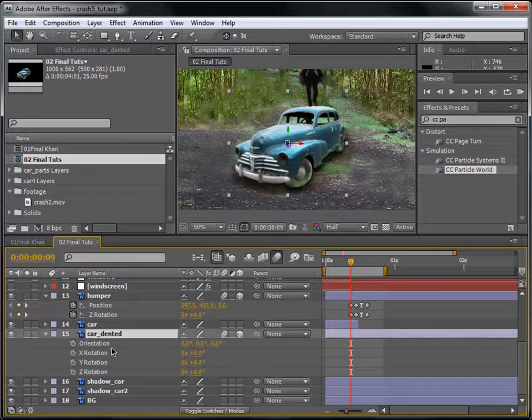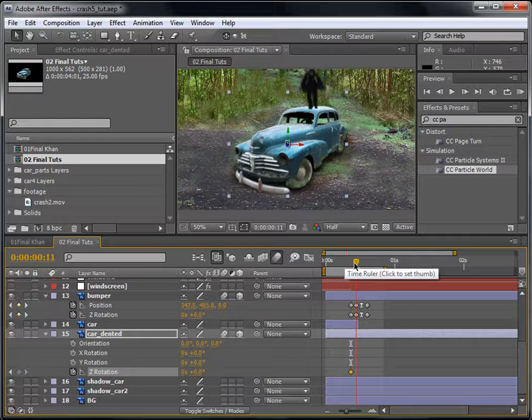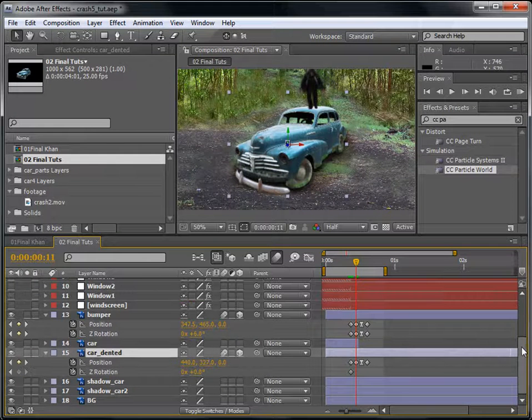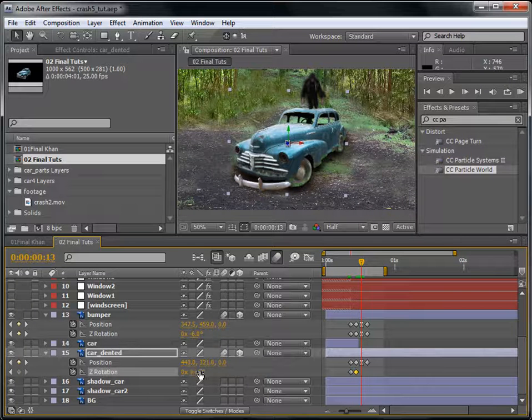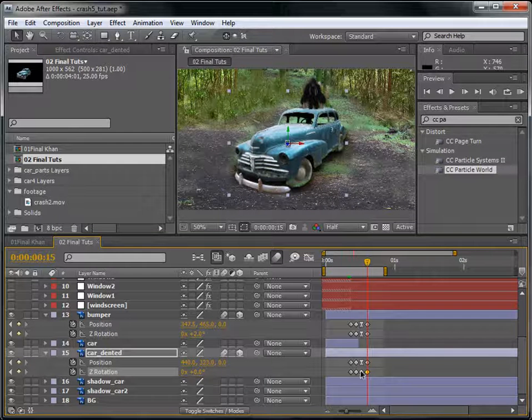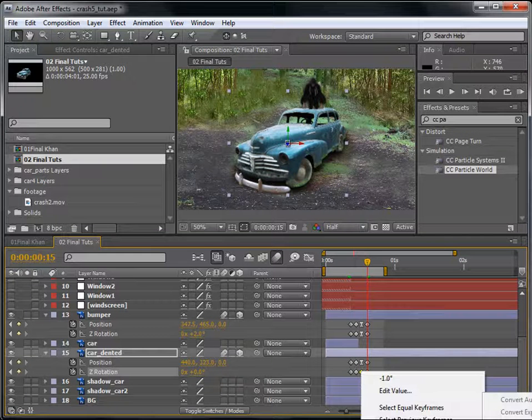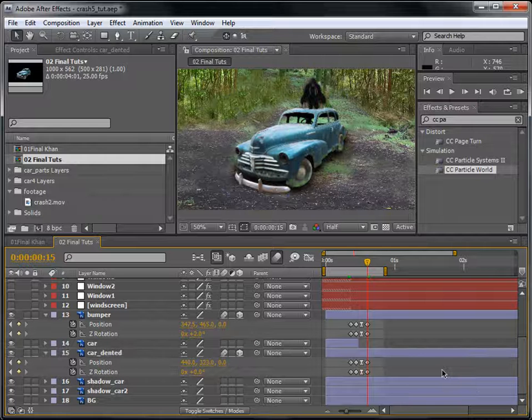Press R on your keyboard, put a keyframe for Z rotation, move forward again, press U so that it reveals the other keys as well, and then you can accordingly put keyframes. Right, and let's say 1, and then move forward again, -1, and move forward to the last and press 0. Again, right click, keyframe assistant, easy ease. So this is just trial and error, you just play around with these keyframes, and also turn on the motion blur,